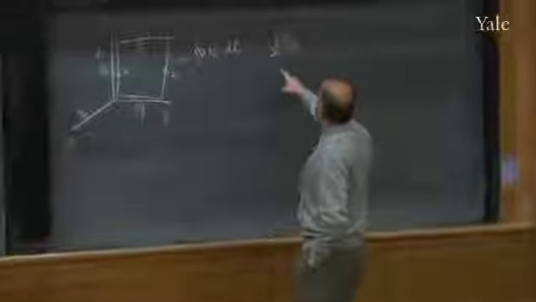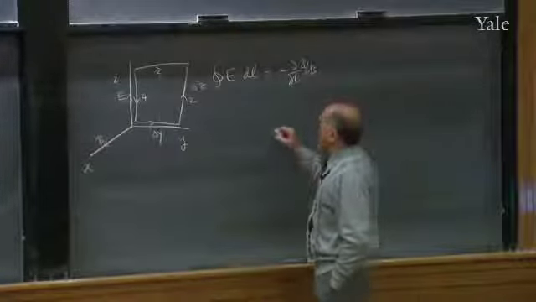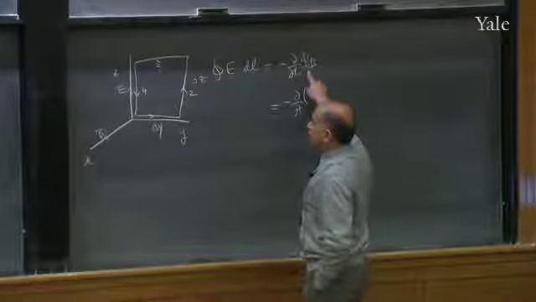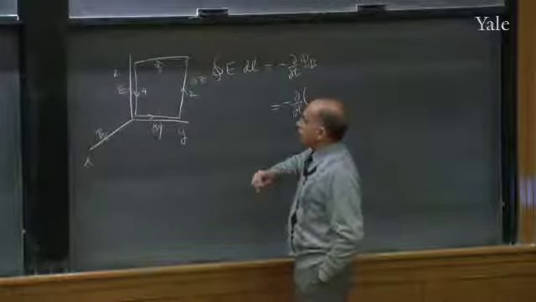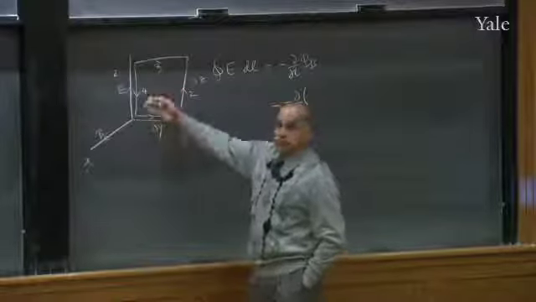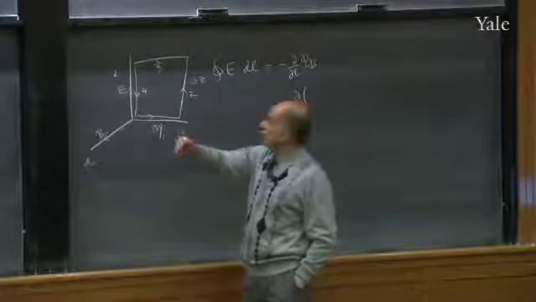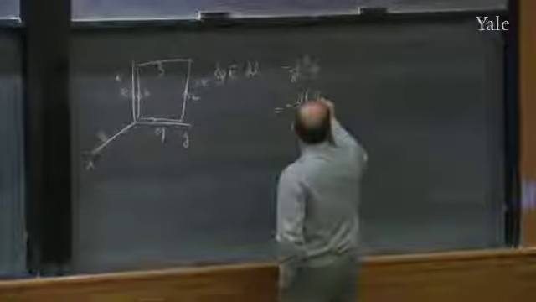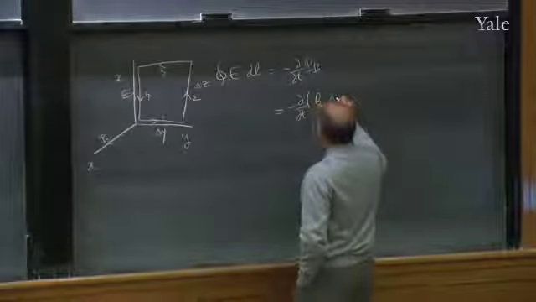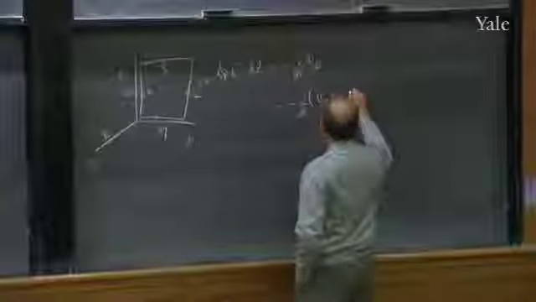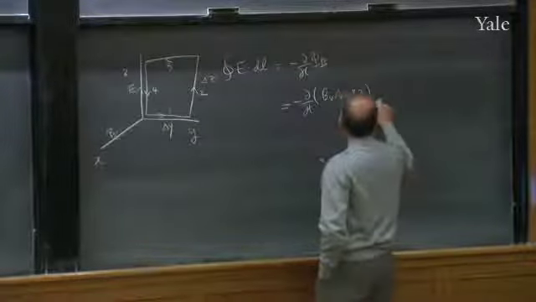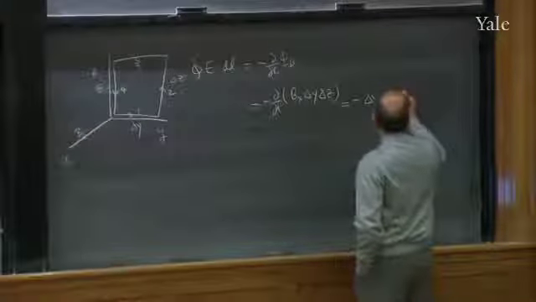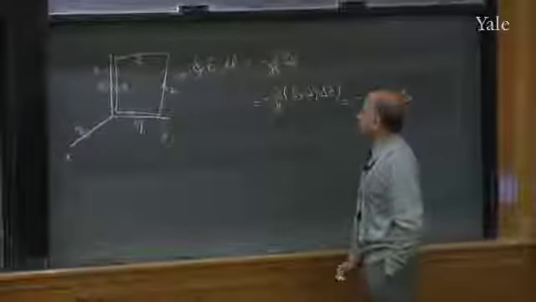Okay, so what do I get on the right-hand side? The right-hand side says minus d by dt of the flux, the magnetic flux coming out of the board. The magnetic flux is coming out like this, right? It's coming out of the blackboard, so that really is a magnetic flux. That magnetic flux is the number I wrote down, B_x, times the loop area, which is dy dz. That gives me minus delta y delta z dB_x/dt. That's the right-hand side.